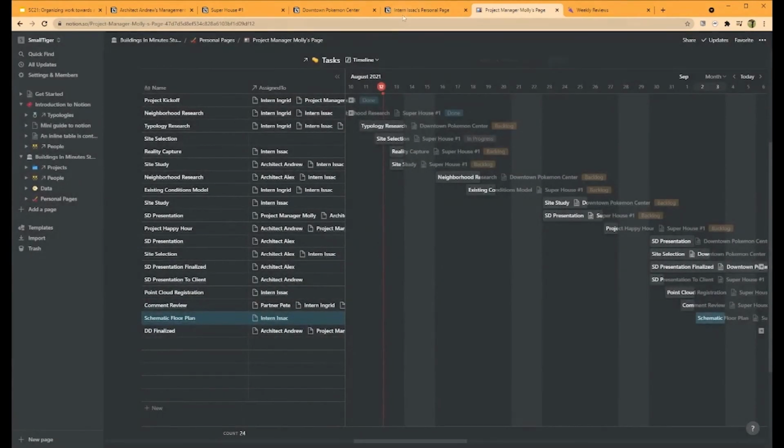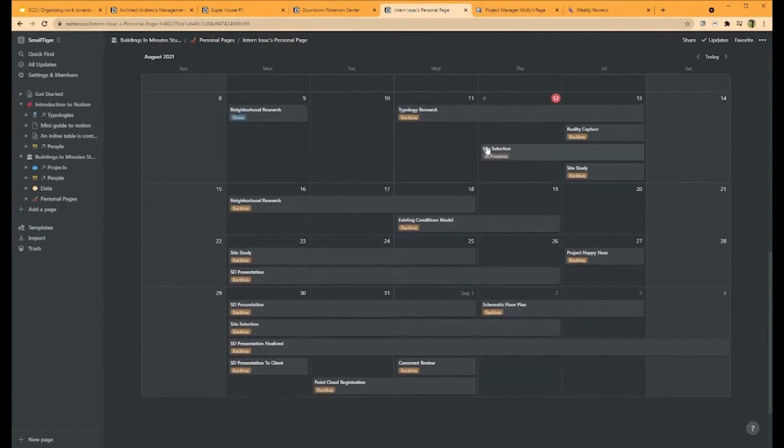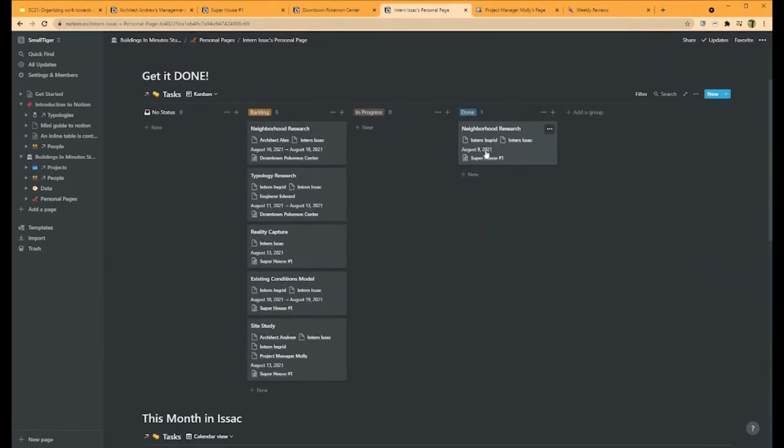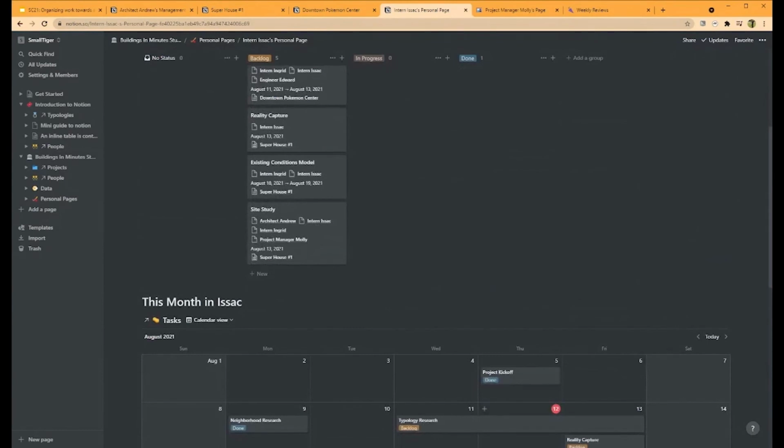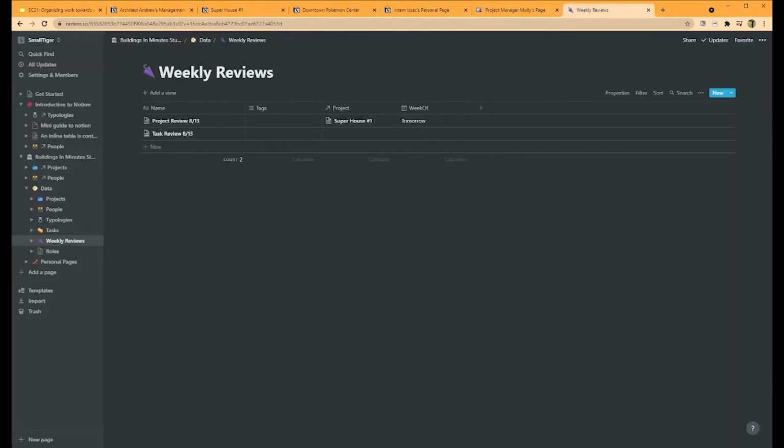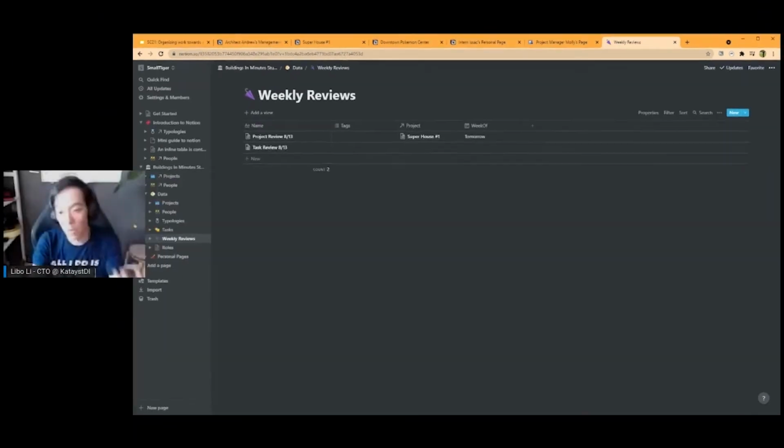Let's drag that back. But when we go back to Isaac's page, all of it's updated and my task list gets shorter because whatever project manager Molly did on her page is, again, reflected on my page. And in the same way, you can build pages for